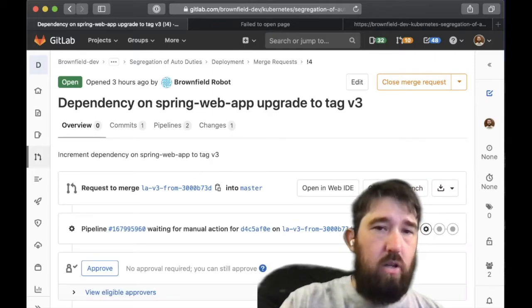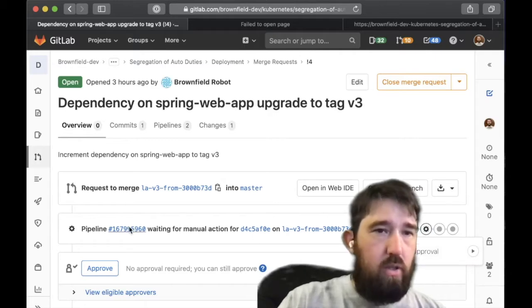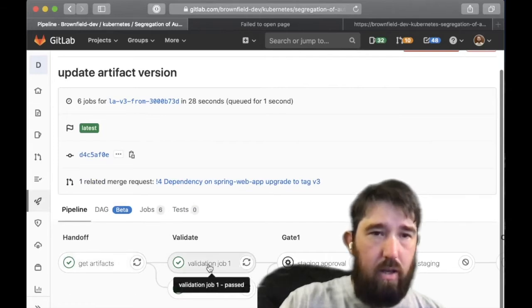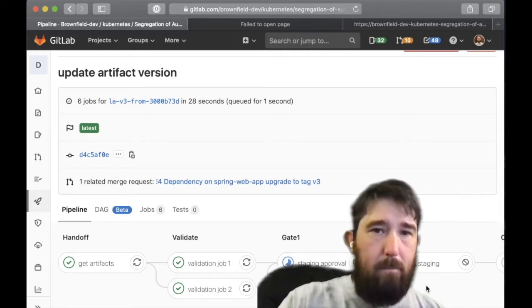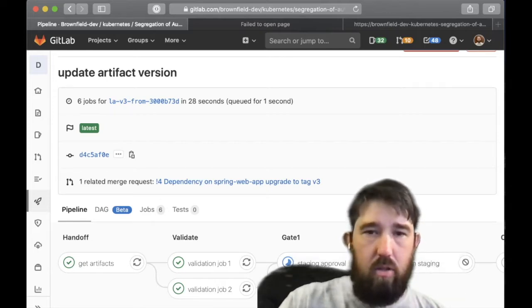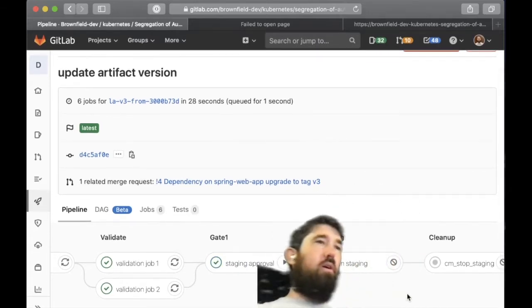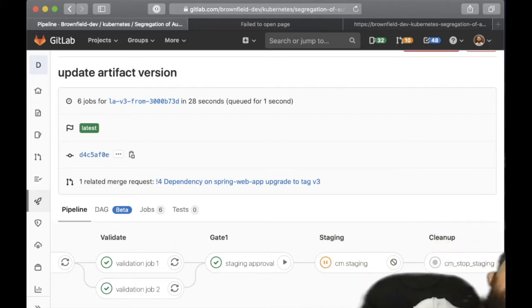Since we know that this is good, we will go ahead and run the staging approval just to give you an overview of what the pipeline looks like. It is an artifact retrieval, a validation, and then this gate to do that approval. When the approval job ends, it'll continue with the pipeline, which is the staging job, which I'm on top of, so oh, wrong way. I'll lean over this way so you can see the pipeline. Staging job here, then the